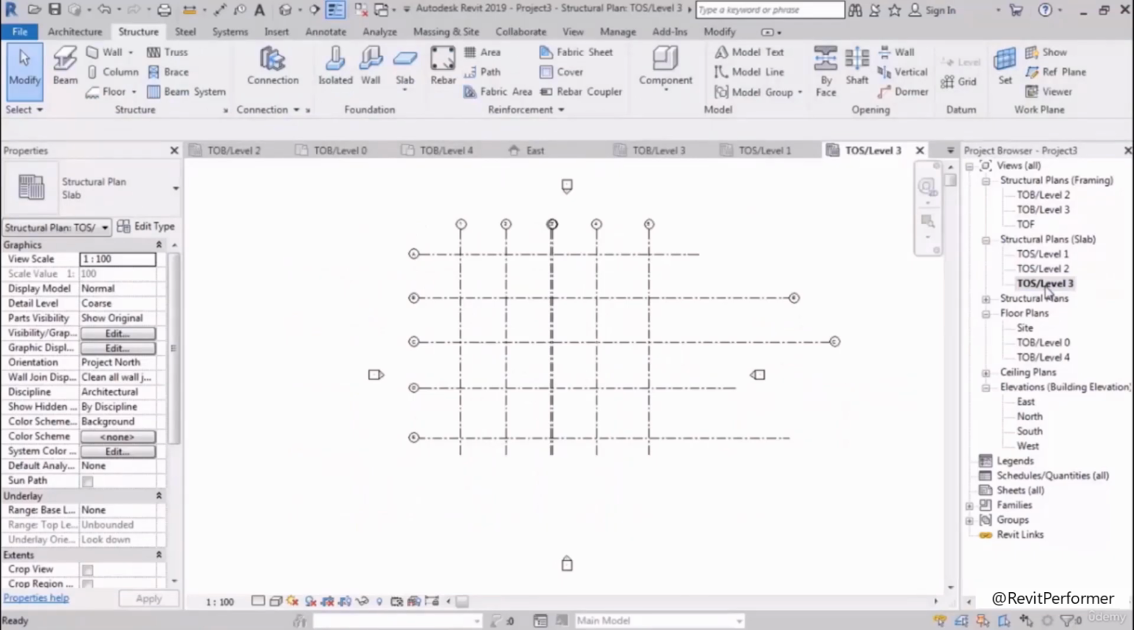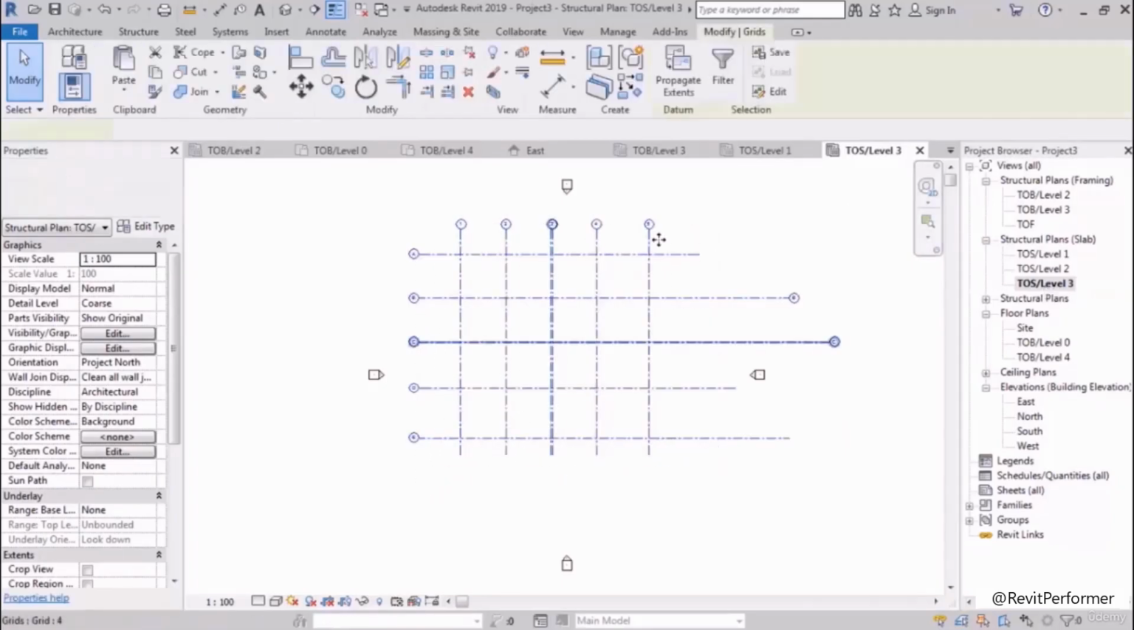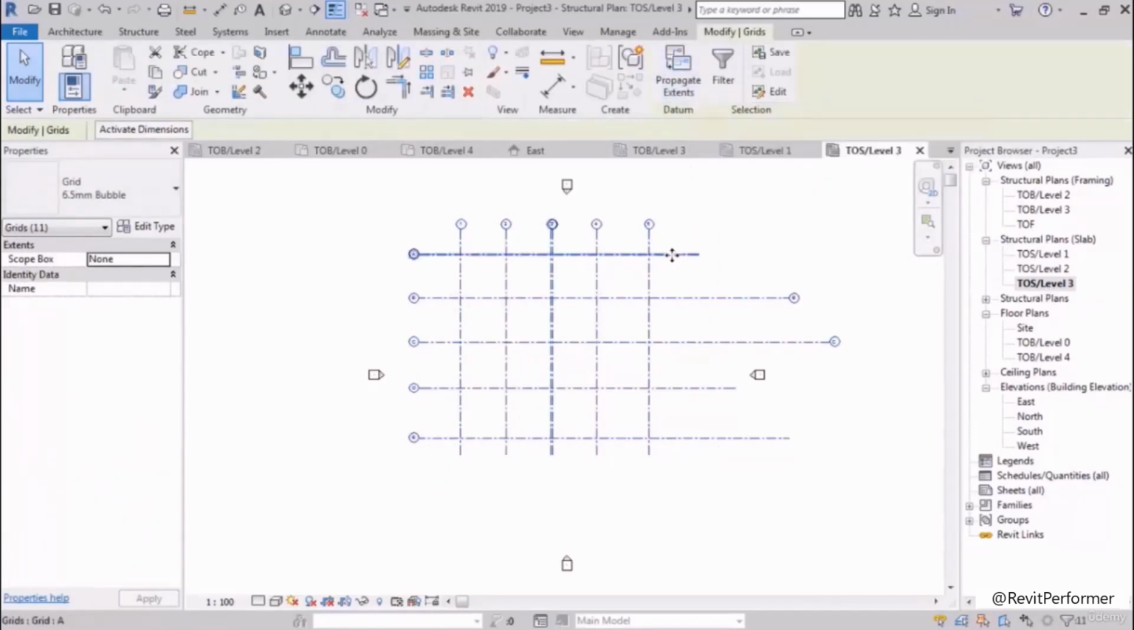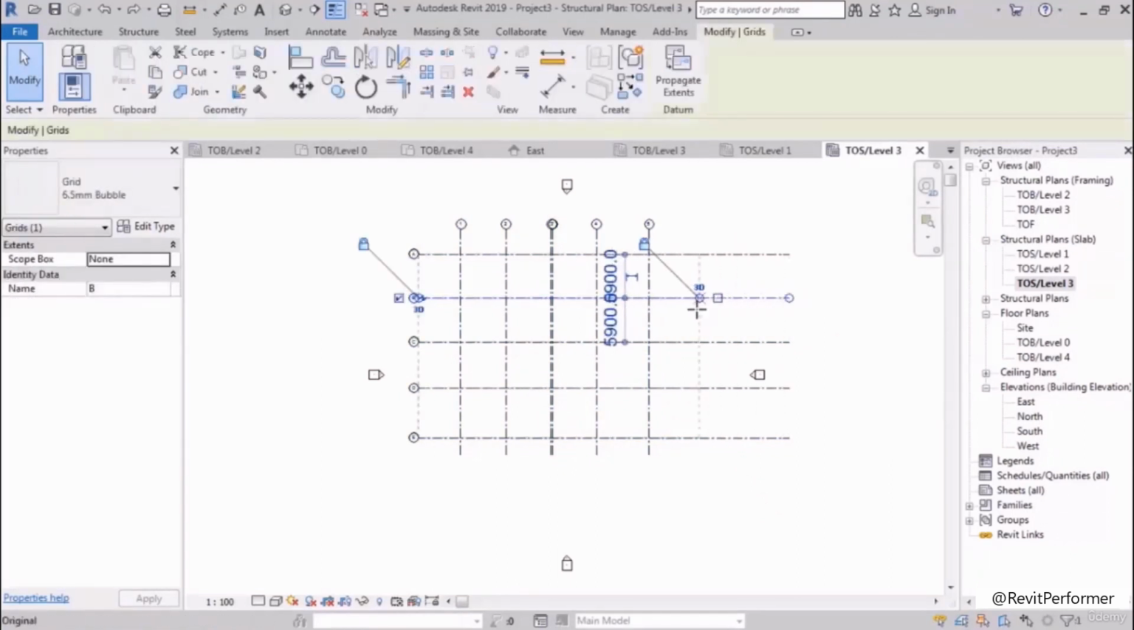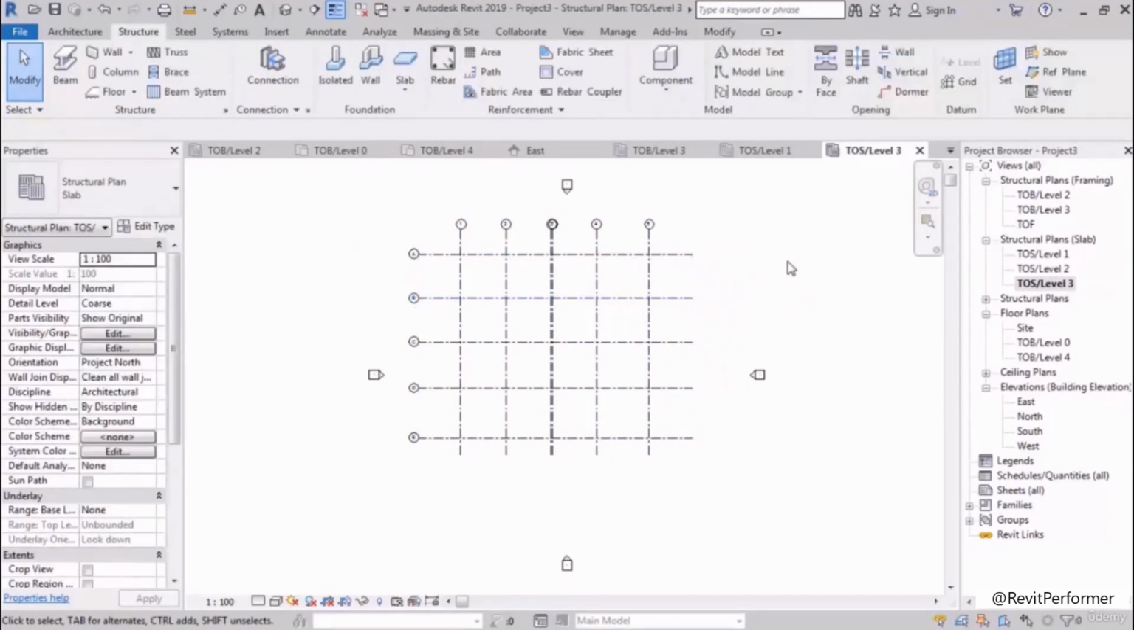So if there are graphical settings you want in other levels, you can use the propagate extents, and also use select grid. You can use this tool actually. So let me make that a bit organized because it's disorganized. After I drew the grids,